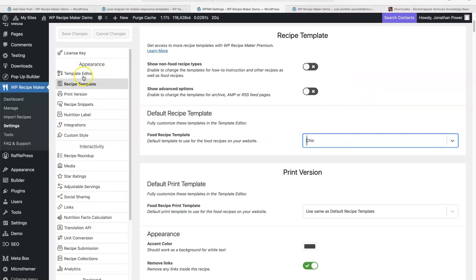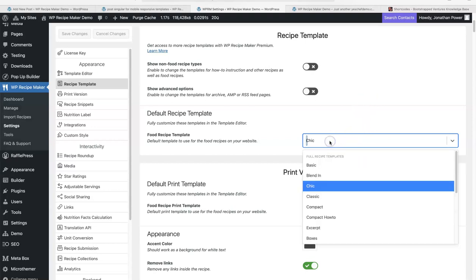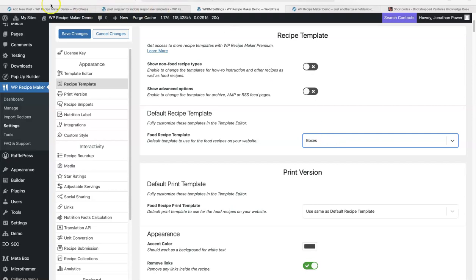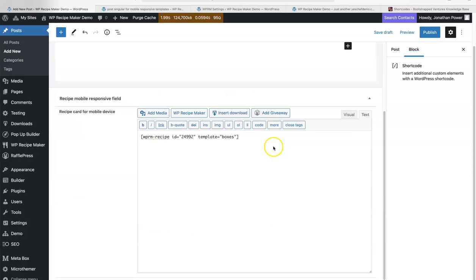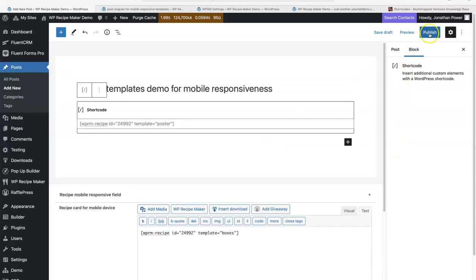We can go into the template editor and we can build our own templates to show on all the different devices. So maybe I'll do that in another tutorial. I'm not going to do it now because that can get quite complex, but I just want to explain the theory on this. So we have boxes and we have basic and all this. So if I go boxes, down here, boxes, and then now I need to publish that,